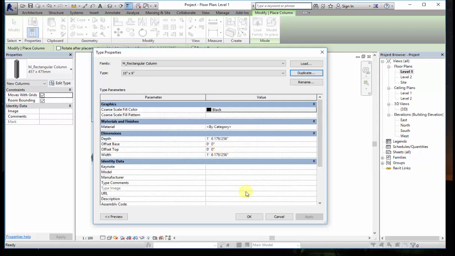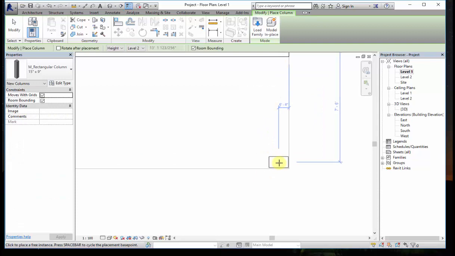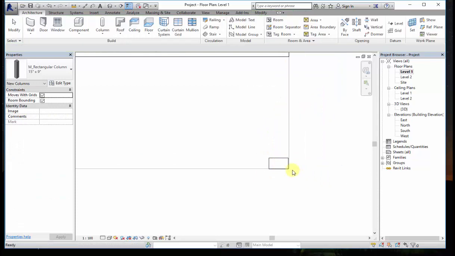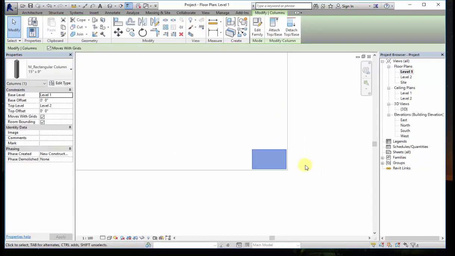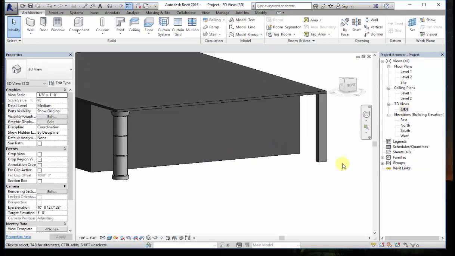Click on OK, and set the depth as 9 inches and the width as 15 inches. Just click on OK, and you can place the column right over here. Again, if you want, you can adjust it properly. Next you can go to 3D and you can see your column has been placed.